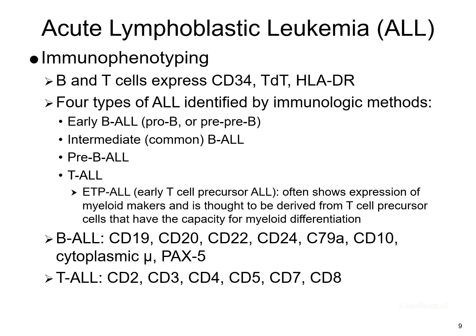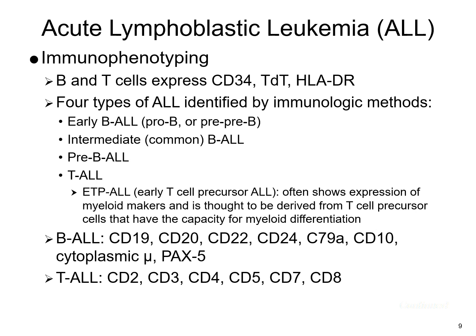Now, the 4 types of ALL can be further subdivided based off your immunological methods. And so you have the early B-ALL for the pro-B and the pre-B. You also have an intermediate or common B-ALL. And then you have the pre-B-ALL, and then your T-ALL actually has another subdivision within it for the early T-cell precursor ALL. And so each of these, just depending on whether it's a B-cell lineage, T-cell lineage, it does have its own